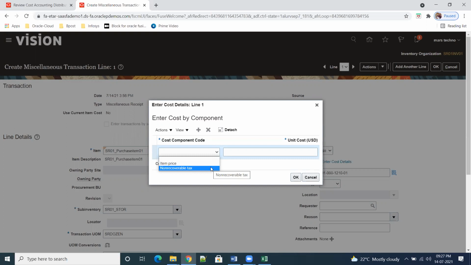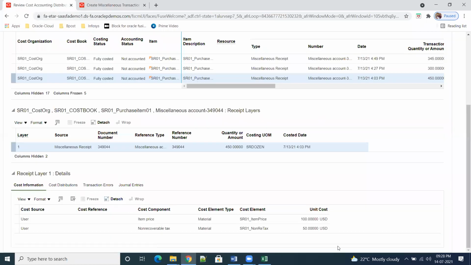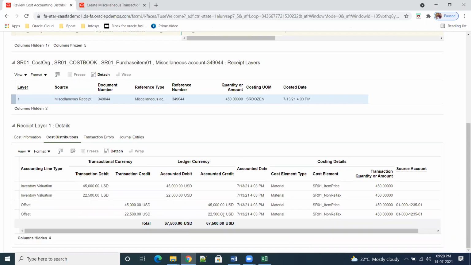So that is the reason, even after running create account distributions, the system has not captured the transactions like prices, right? Now why is it coming? Because I added those components in the cost element relationship. That is the reason the system will be pulling the price.